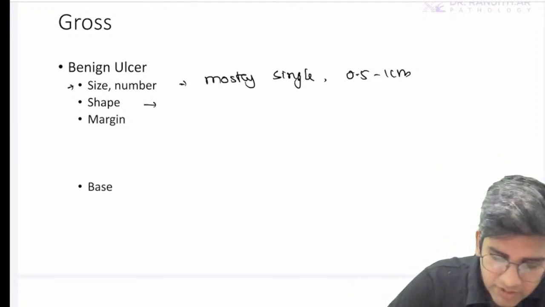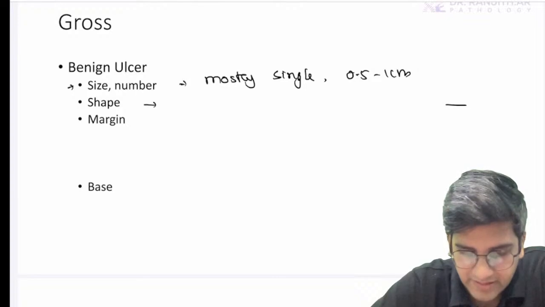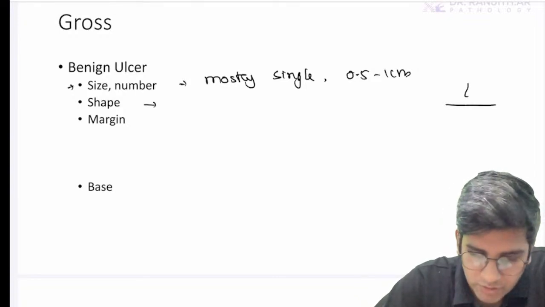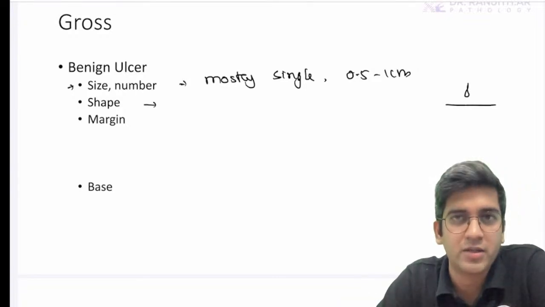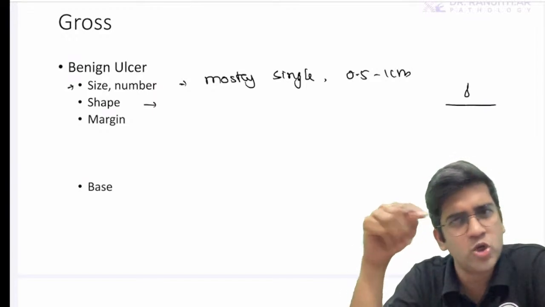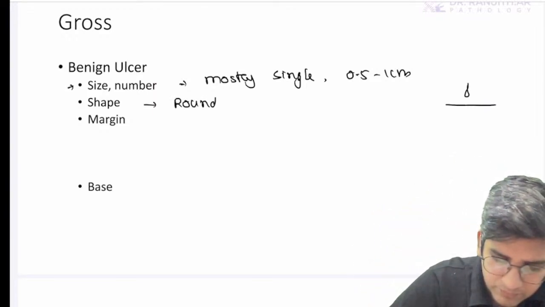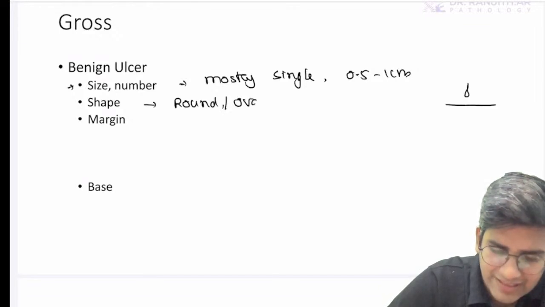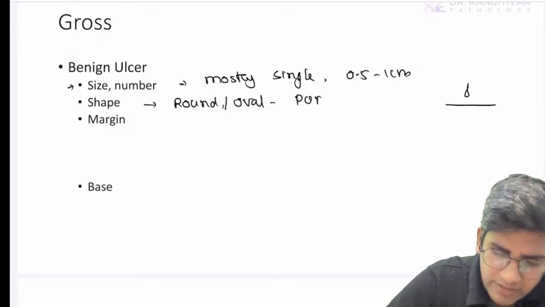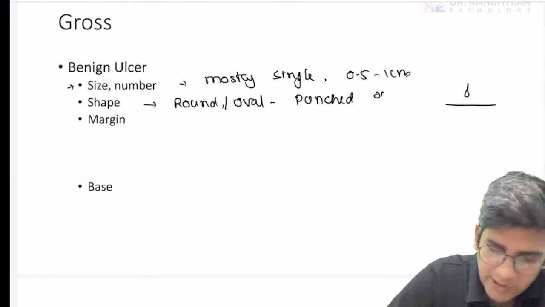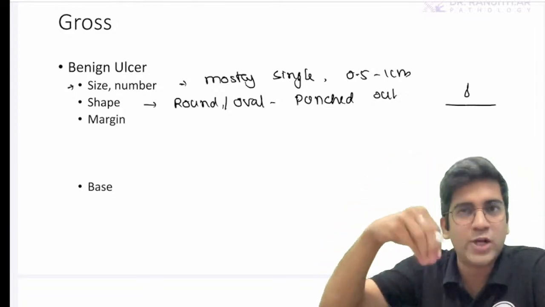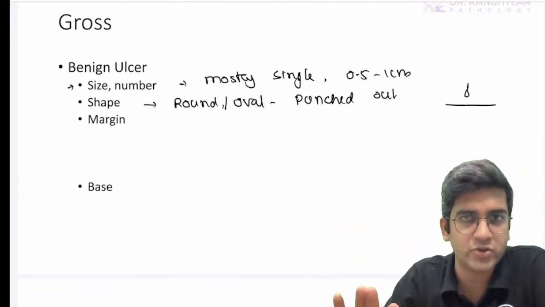Next, shape. Most of the ulcers, see, this is the skin. Let's assume a drop of ulcer drops on the skin. The shape will be round or punched out. That's how it's going to be, right? So it's going to be round or oval, because it's an ulcer damaging, and it will most likely be punched out. It looks like something has gone inside and eroded the area. That's how most of the peptic ulcers will look, right?